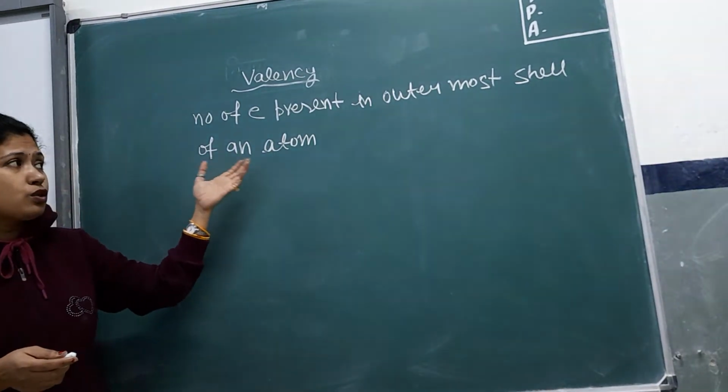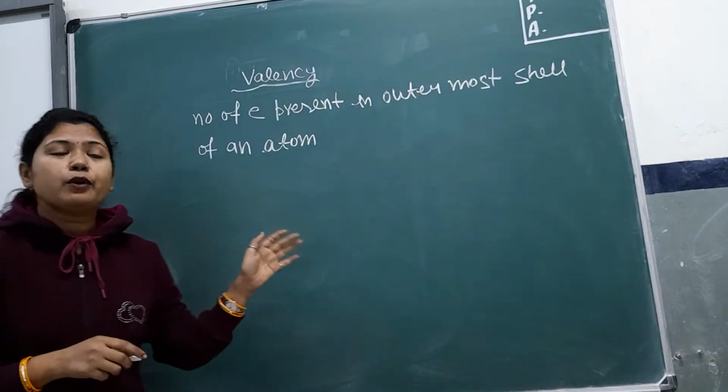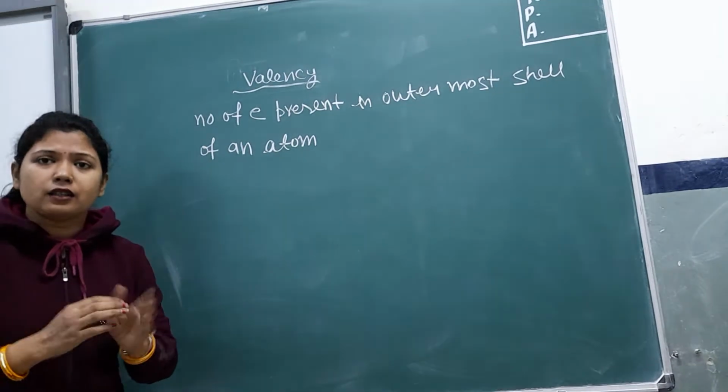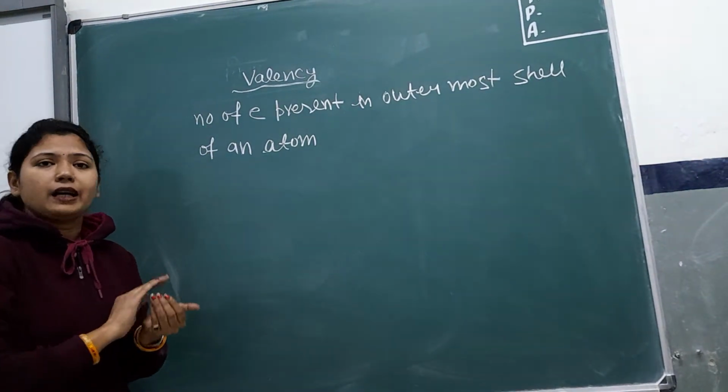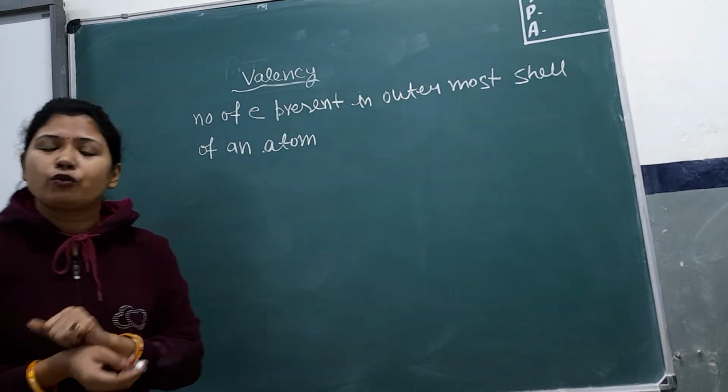The outermost shell is also called the valence shell. So, the number of electrons present in the valence shell of an atom can be defined as the valency of that atom. For example,